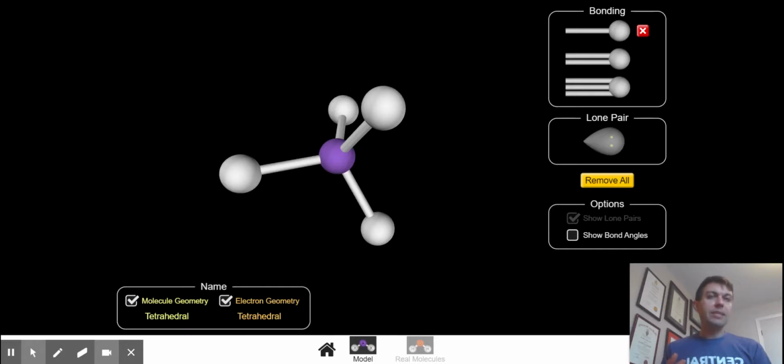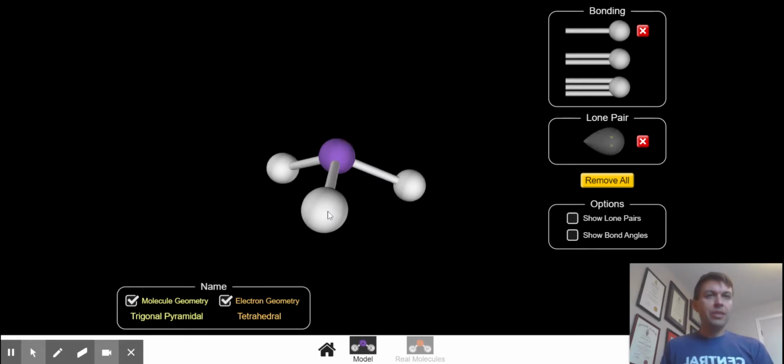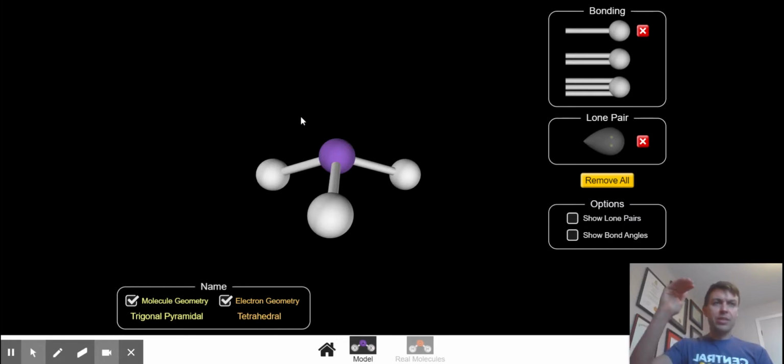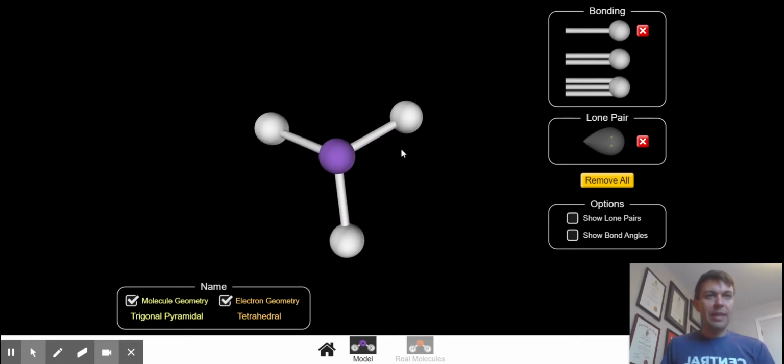Let's now consider a case where one of those 4 pairs of electrons is a lone pair. So the 4 pairs of electrons still arrange themselves in that tetrahedral-based shape, but now the shape of the actual molecule, and I'm going to hide the lone pair, is now this trigonal pyramidal shape. So the central atom is sitting at the top of the pyramid, the apex of the pyramid, and then the 3 legs of the pyramid are the 3 bonded pairs. If we look at this from up top, we'll see that triangle where all of those 3 legs are equally